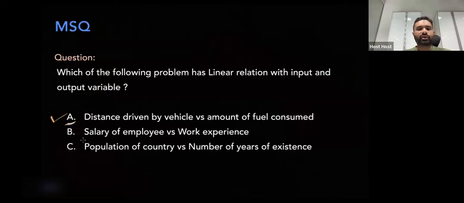Salary of the employee versus work experience. In most industries or working environments, there is a positive relationship between work experience and the salary of the employee. It will in general make sense to consider salary and work experience as linearly related. As work experience grows, salary will grow. Clear, right? So what about the population of the country versus the number of years